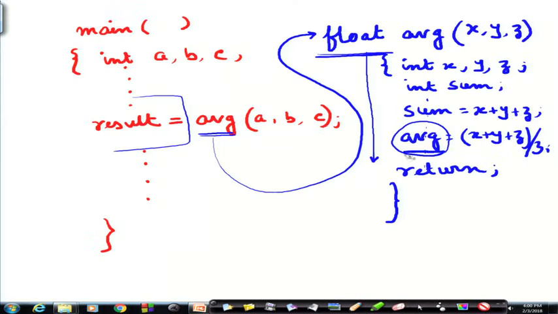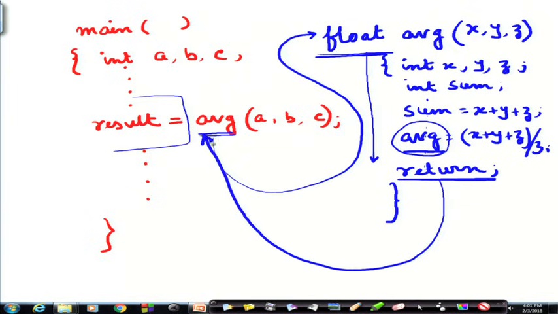So, here we can see that it will compute average and then there is a new statement that you are encountering here, which is return. Where is it returning? It is returning to the point from where it is called, that is this point. And so, suppose if the values are 1, 2 and 3, then the average is 2.